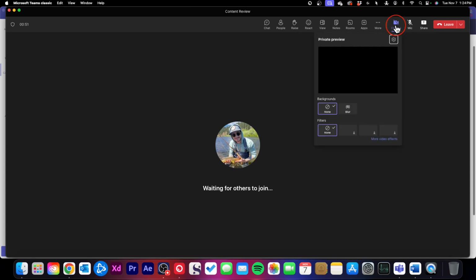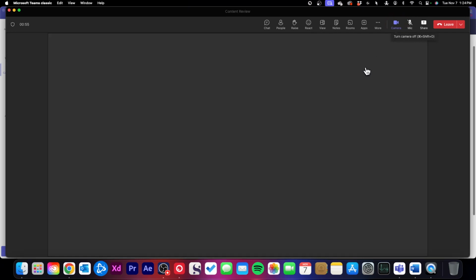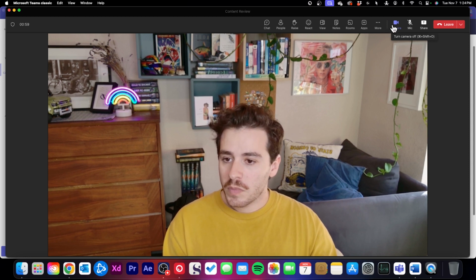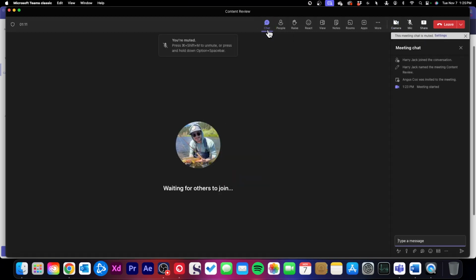The first thing is how to turn on and turn off your camera. So if I click right here, I can turn on or turn off my camera. So we'll go ahead and keep that turned on, or we can click camera to turn it off. We can also mute or unmute our microphone using this button right here. And then over here on the left-hand side, we've got a chat button. And this is going to let us open up the meeting chat where we can have text conversations while the